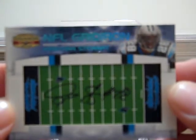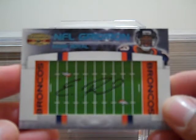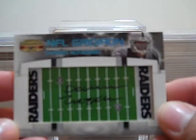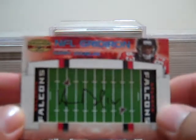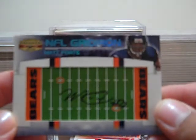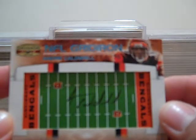Jonathan Stewart, Eddie Royal, Darren McFadden, had a nice year this year. Harry Douglas. There's 34 cards in the set. Matt Forte, Early Doucet, Andre Caldwell,